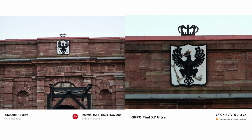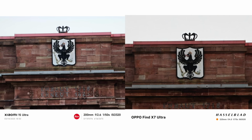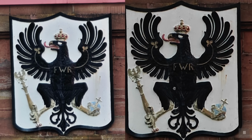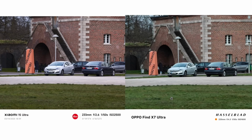And when we go even further, let's go to something like 200 versus 225 millimeter. It is very, very close. Here you can see there's a slight overexposure still going on. It's a little blurry on the Xiaomi in this situation, where the Oppo might have a little bit of an edge there. But it's interesting, because let's check out another zoom here, because this is 10 times versus 10 times. And yes, it is 10 times on the Find X7 Ultra. The 10 times is 225 here